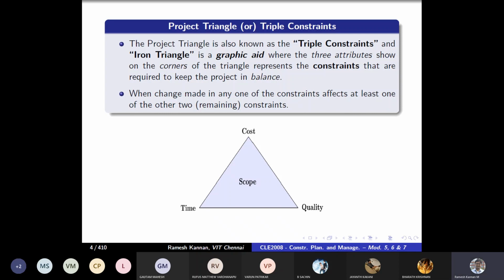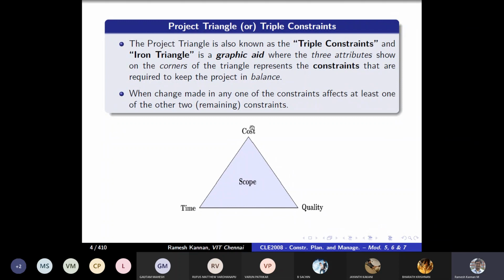The first thing you should know about is the project triangle, also known as triple constraints, right? The elements in a project are the cost, the time, and the quality. All these things are called constraints, and the scope, the success or the profitability of a project depends upon all of them. If all these things are in equilibrium, the scope is well defined and well achieved. But if any one is increasing, for example if cost gets increased, it moves this vertex to the upper level, so invariably it will put down the other elements. Like for example, the time can be shorter or quality can be shorter.